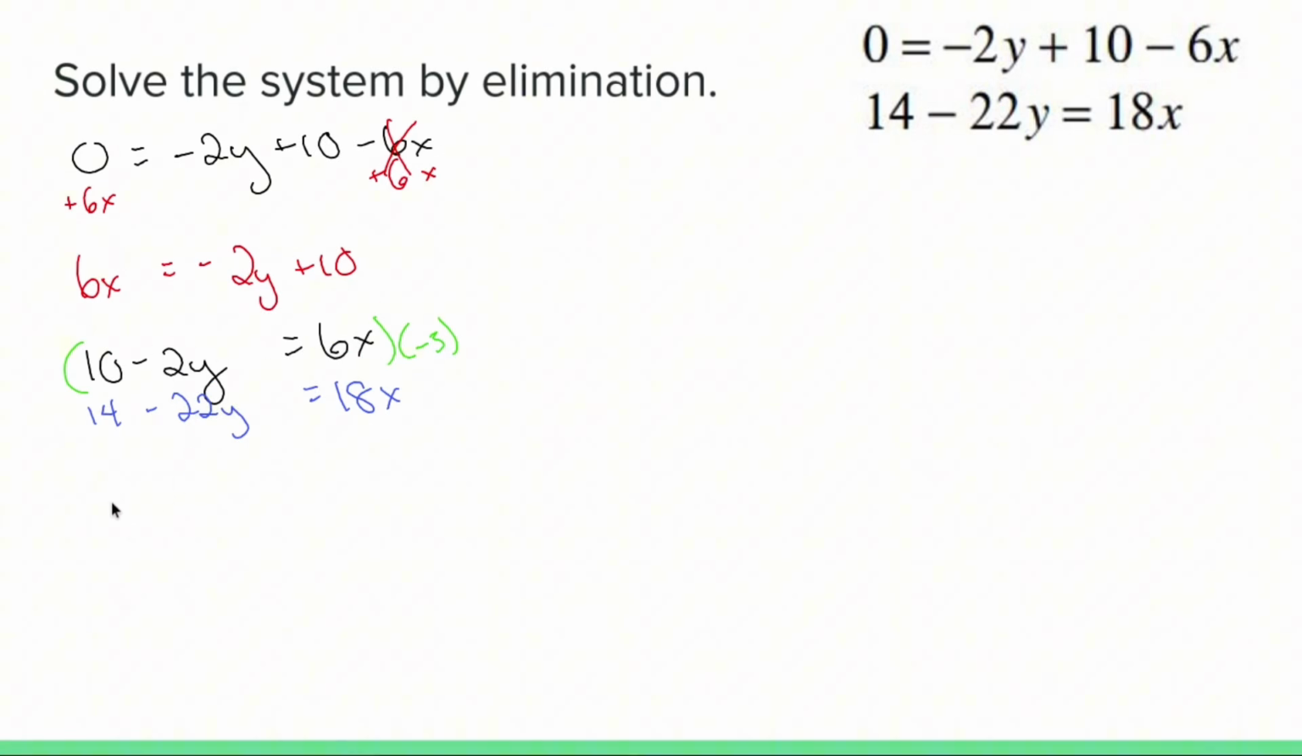But this is what I'm going to do, and this helps me keep the numbers a little bit smaller. So that turns 10 into negative 30. That turns negative 2y into positive 6y. That turns 6x into negative 18x. The bottom equation stays exactly the same: 14 minus 22y equals 18x. When you add the two equations together,